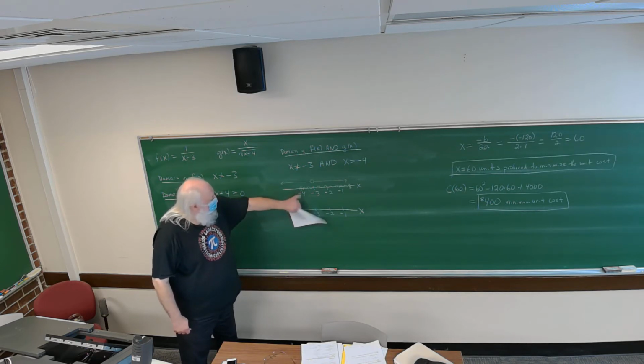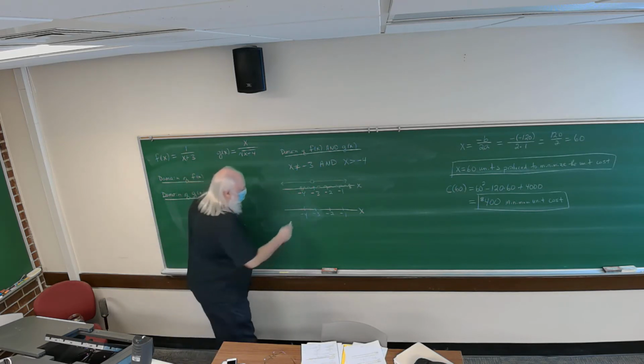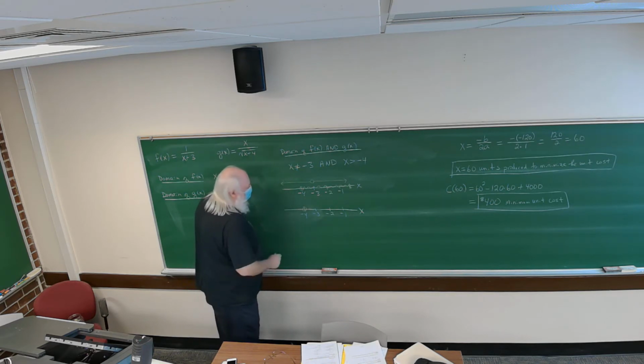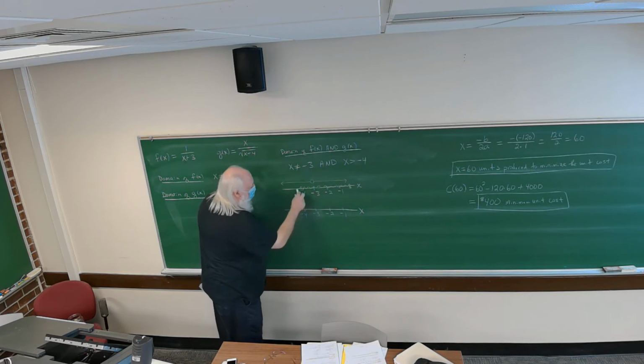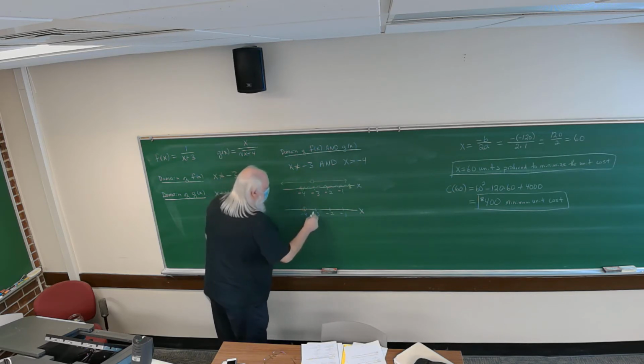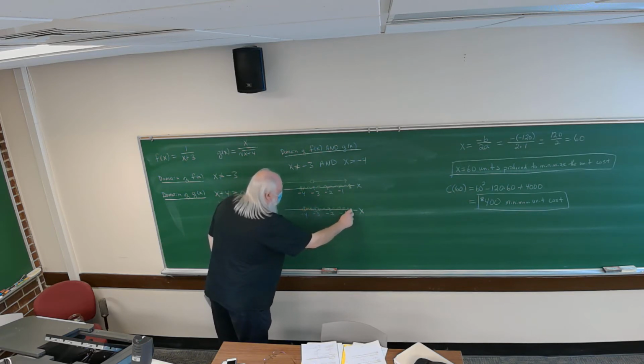There's an open circle on -4 here, so we're going to have an open circle here. And then going to the right, we have everything to the right of -4 in both graphs except at -3. -3 is not in the domain of f of x. So we've got to put an open circle at -3, and then we can shade everything in